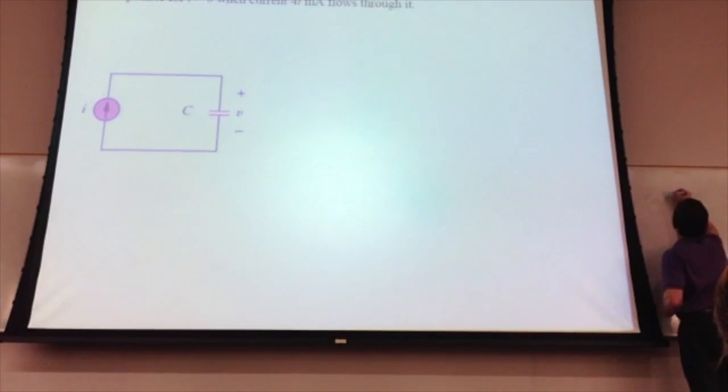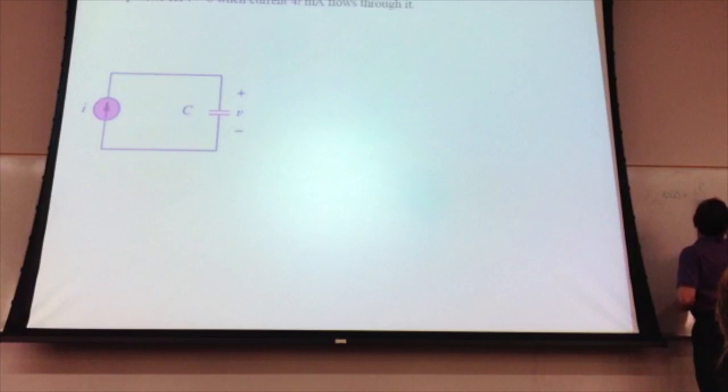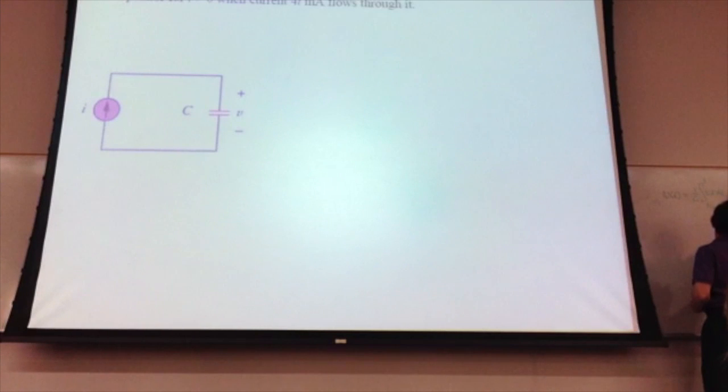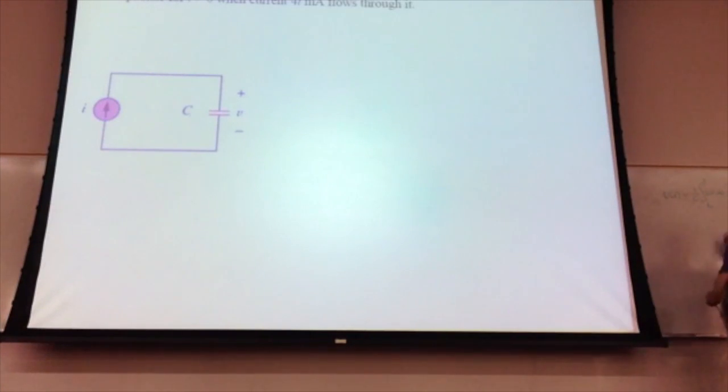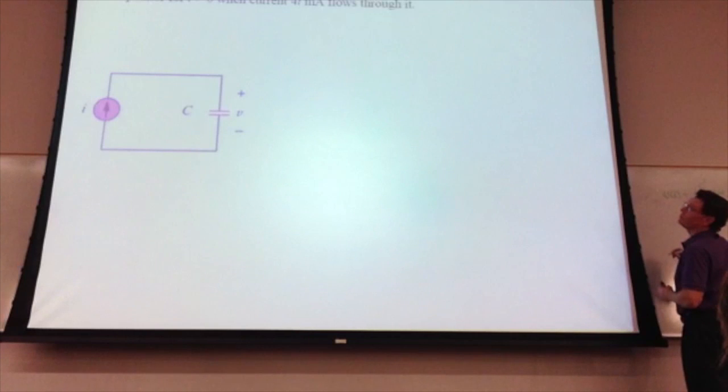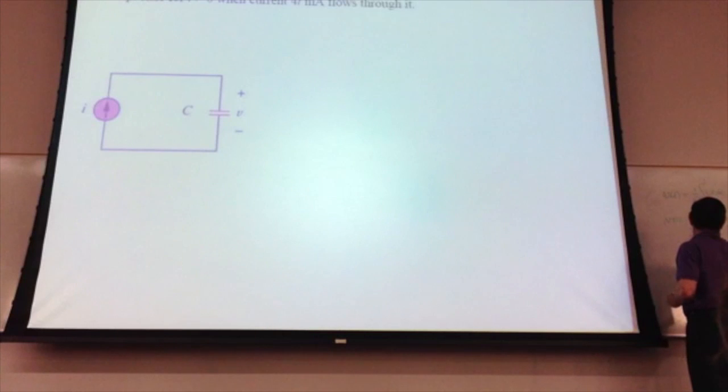All right, so we have V of t, V of t is equal to 1 over c, the integral from t0 to t of I of t dt plus v at t0. Now in this case, t0 is equal to 0 because we're doing this at t equals 0. So this now becomes 0, and this is 0. And that's 0 now. And the c is what, 50 millifarads? So v of t is equal to 1 over 50 times 10 to the minus 3 times the integral from